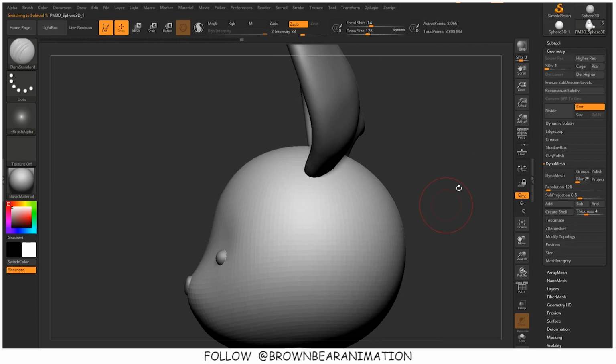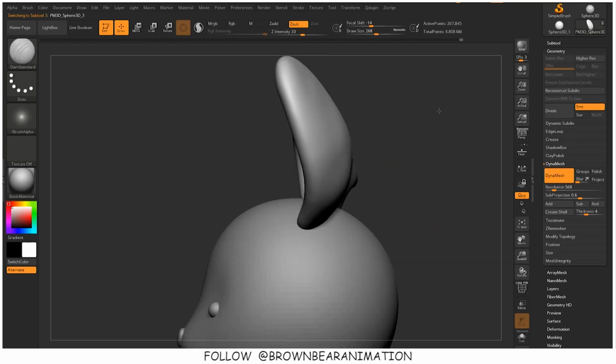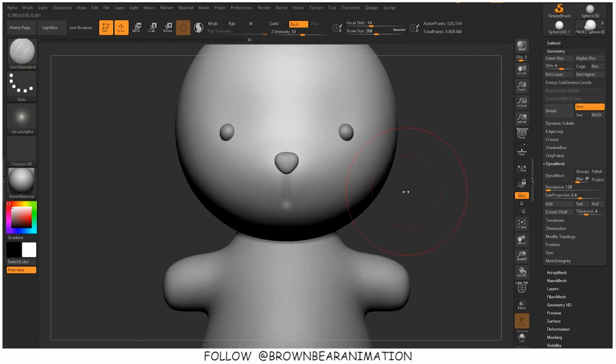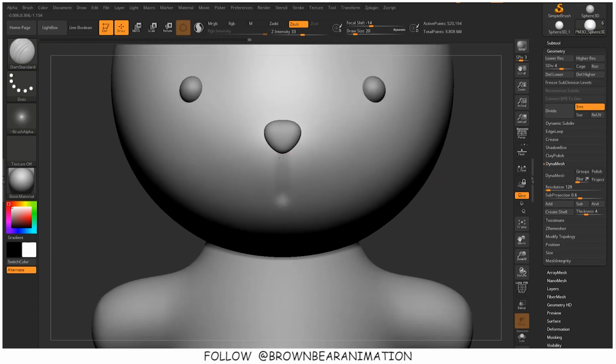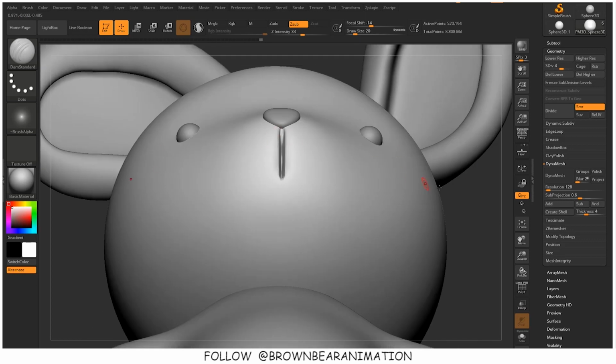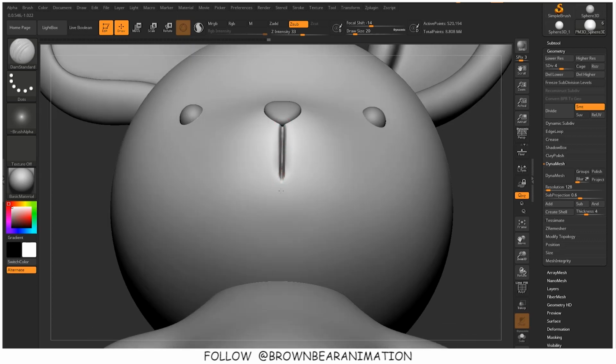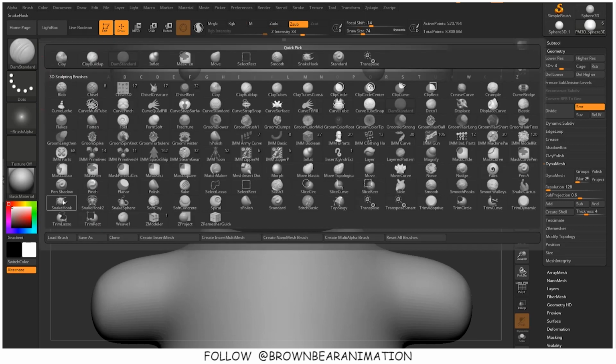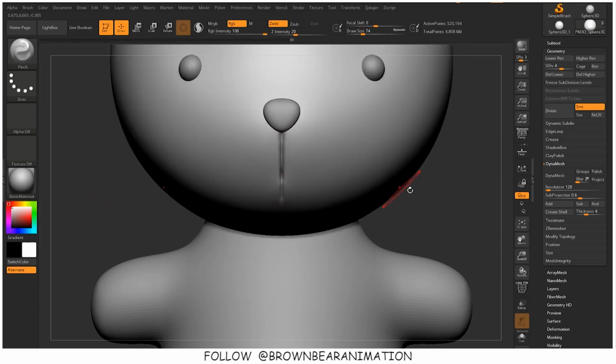In this case we are just looking at the sculpting process, because ZBrush is for sculpting, for modeling, sculpting. Clay Buildup brush and Dam Standard brush for making these types of creases, smooth brush holding the Shift key and smoothing out the mesh, move brush for changing and deforming the forms. Then again I have smoothed it out.